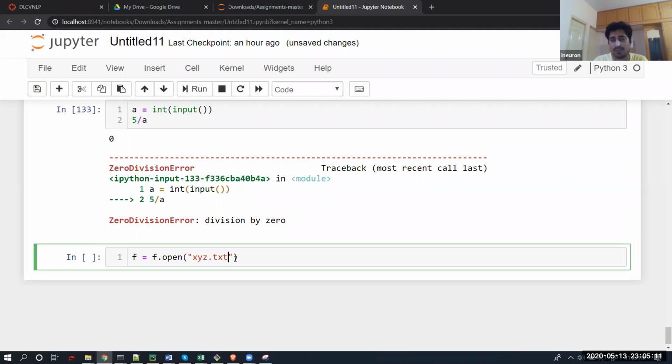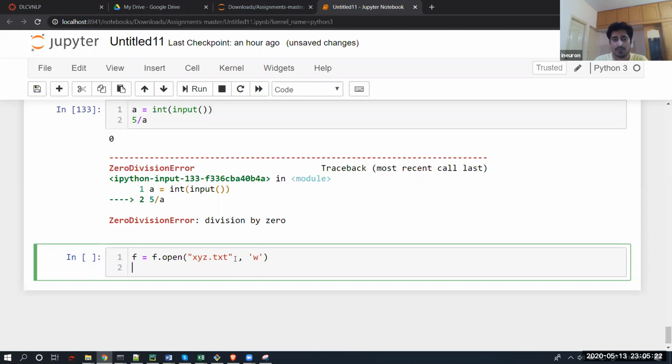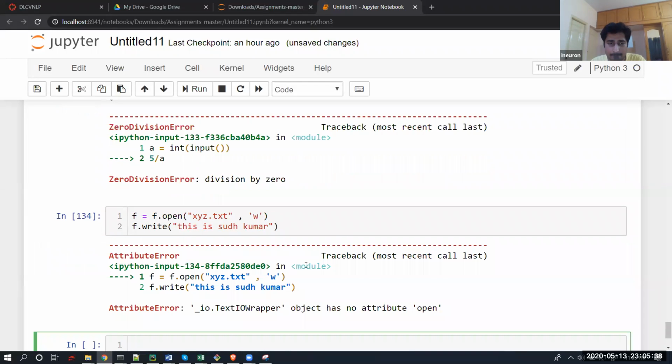Let's try to open it in write mode first of all. In write mode, I'm trying to write with f.write. I wanted to write something, so this is Sudh Kumar. It's completely fine. Now if I try to execute it,